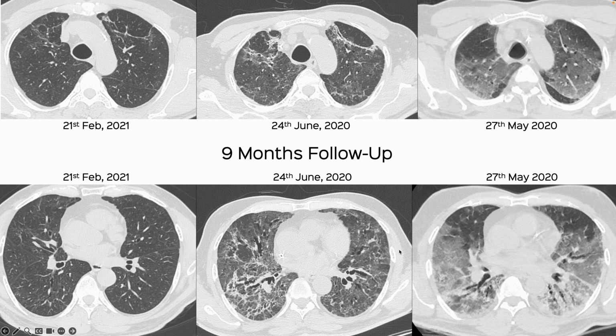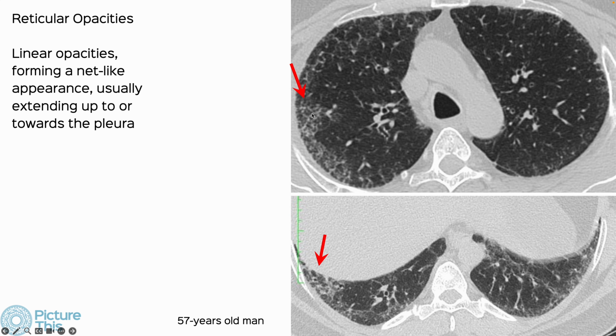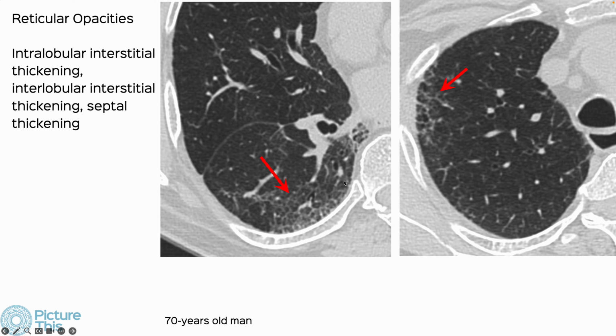And this was a 9-month gap between the first episode and then follow up. And therefore, we started and we do use the term transient bronchial dilatation and not traction bronchiectasis. Reticular opacities are linear opacities typically touching the pleura, forming a net-like appearance, and invariably a very lacy kind of appearance. Now, this encompasses the terms of intralobular,